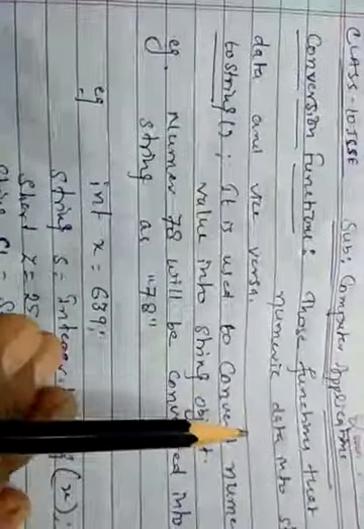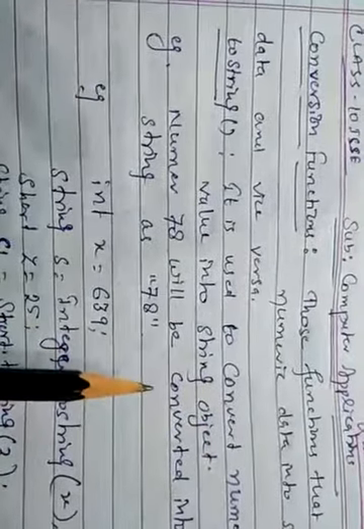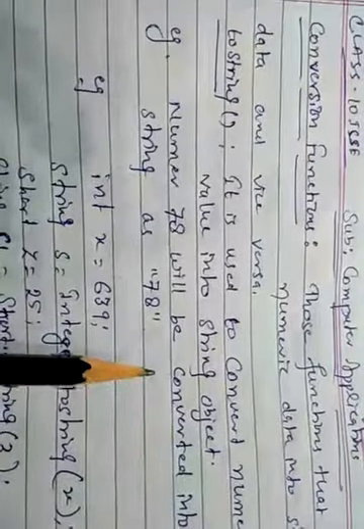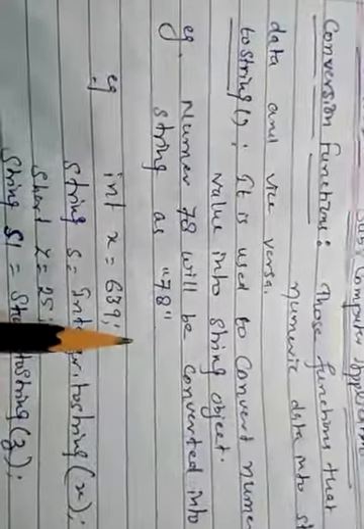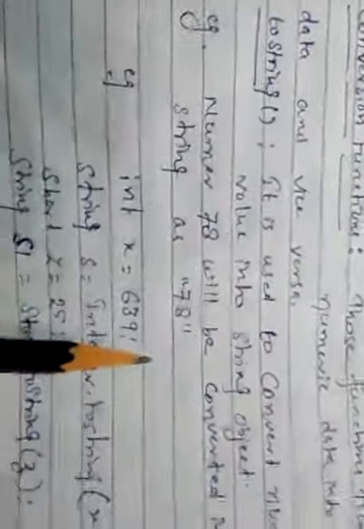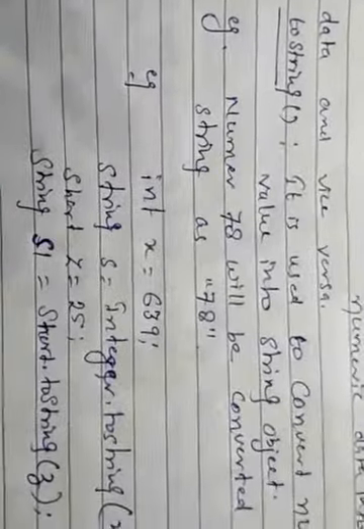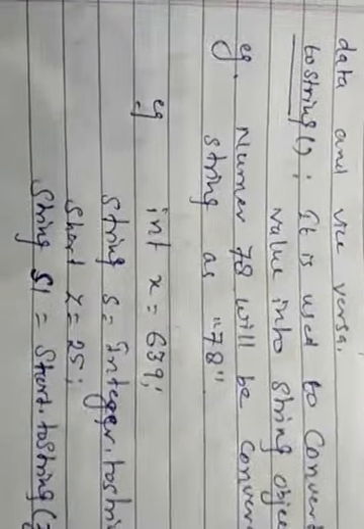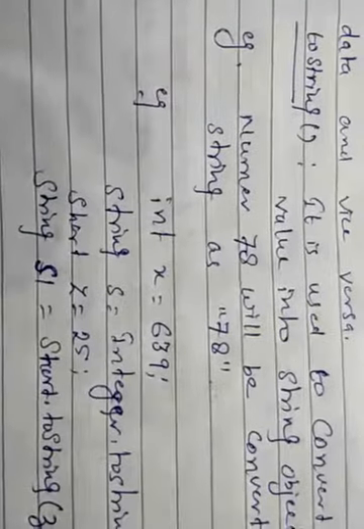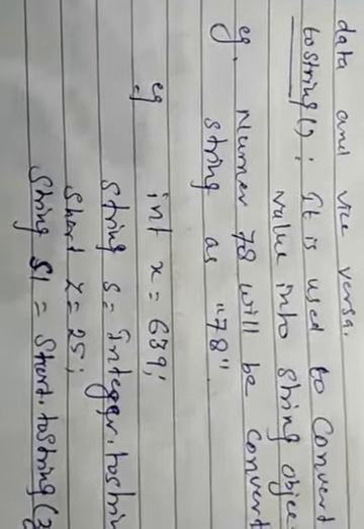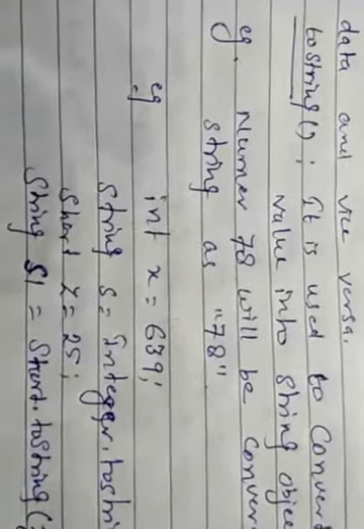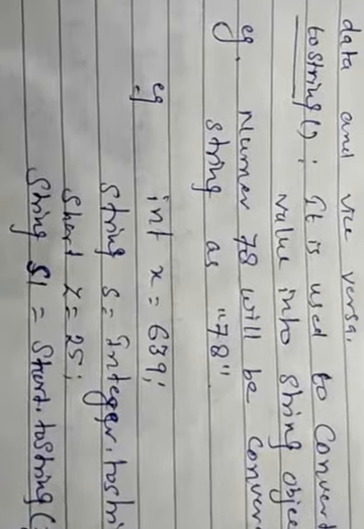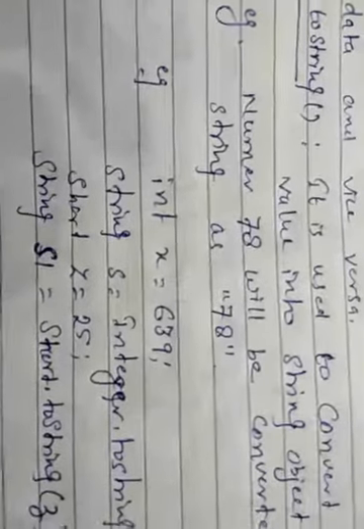Next topic, conversion functions. Those functions which are used to convert a primitive numeric data type into string data type and vice versa are called conversion functions. There are three major functions used to convert a string to numeric data and numeric to string data. First is toString. This function is used to convert a numeric data into string data, such as if the numeric data